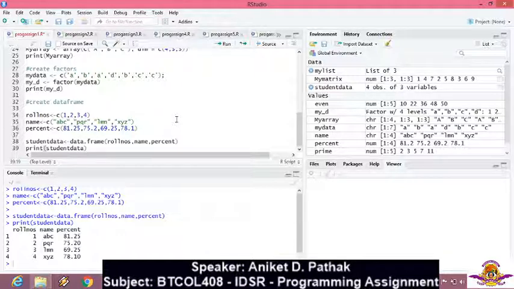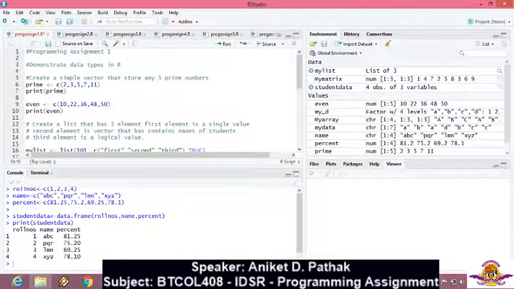To summarize and conclude this programming assignment 1, you might get questions based on which you will have to implement your data and choose the particular data type to show your output. So that concludes my programming assignment 1.